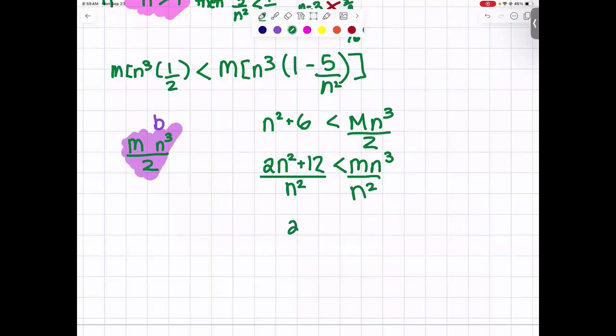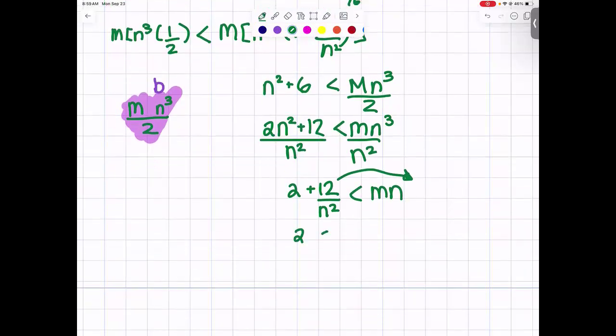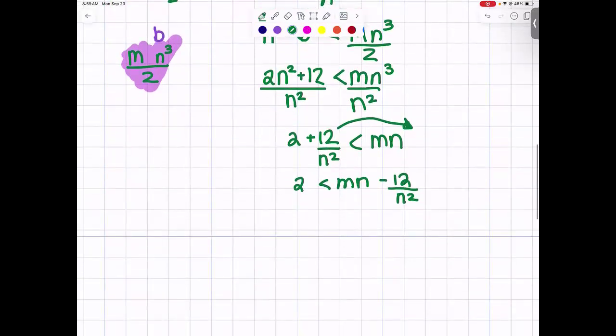So we'll end up with 2 plus 12 over n squared less than mn. Let's take this and move it over to the other side. 2 less than mn minus 12 over n squared. Let's see if we can get everything over the same denominator here. So cross multiply that. Mn cubed minus 12